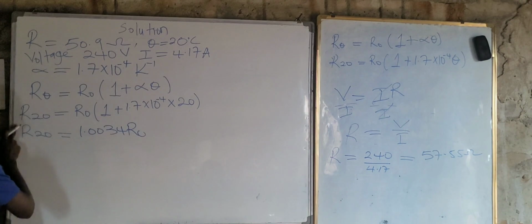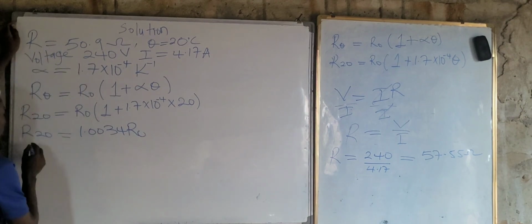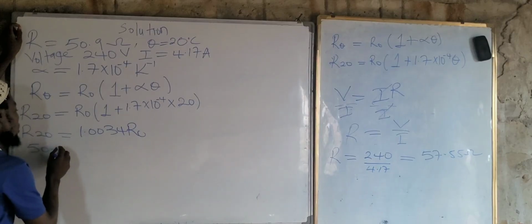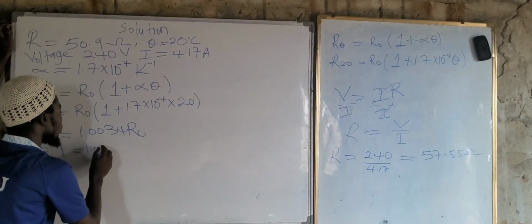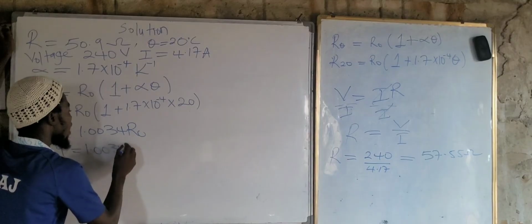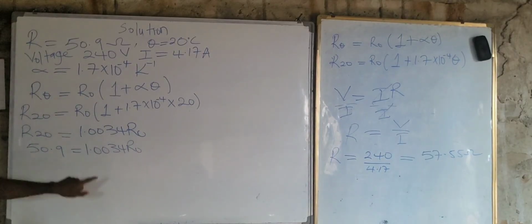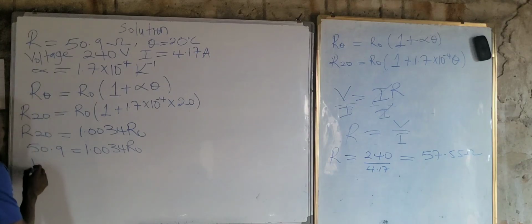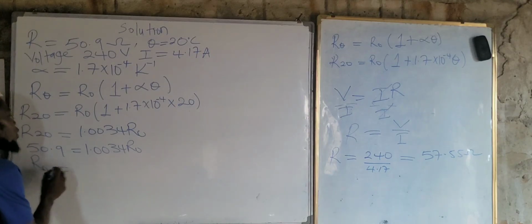But we know what R20 is. What is that now? 50.9. So 50.9 is now equal to 1.0034 R0. We can get R0 now, right? So therefore R0 here is now equal to